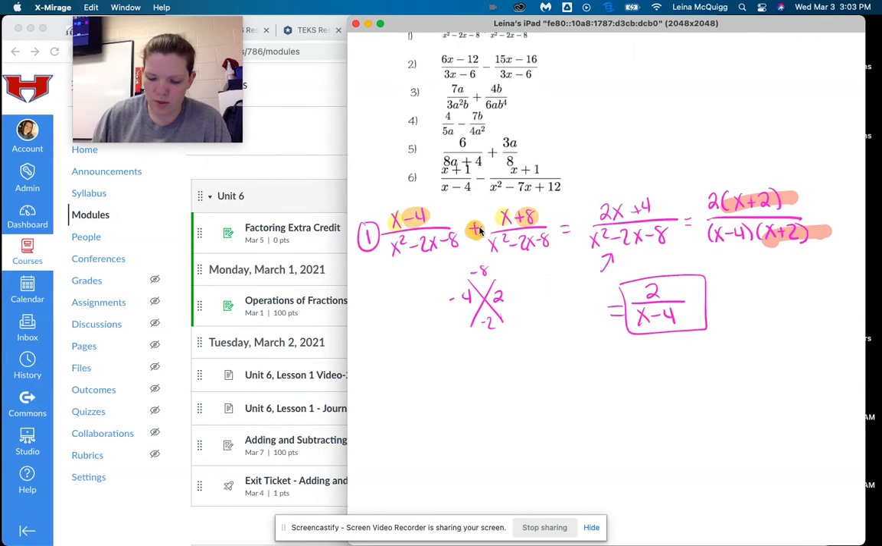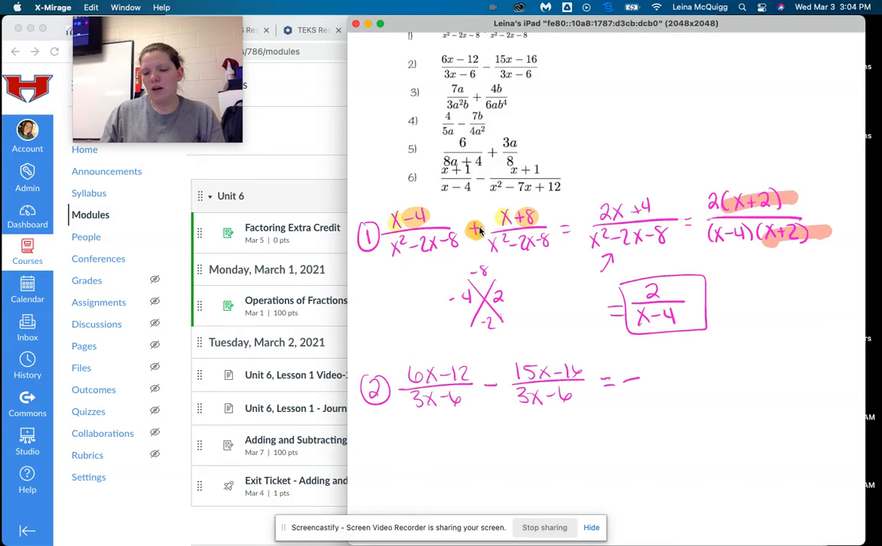Okay, so then number 2, we have 6x minus 12 over 3x minus 6 minus 15x minus 16 over 3x minus 6. So I have a common denominator. I'm going to keep that the same. Then I have 6x minus 15x. So 6 minus 15 is going to be